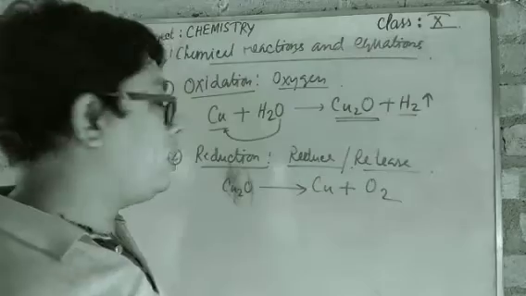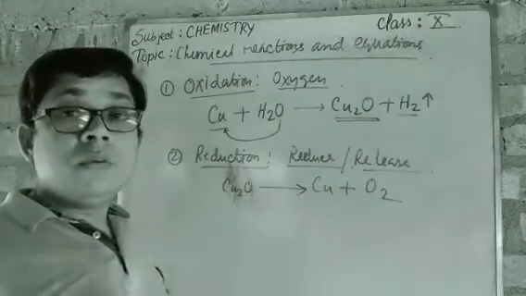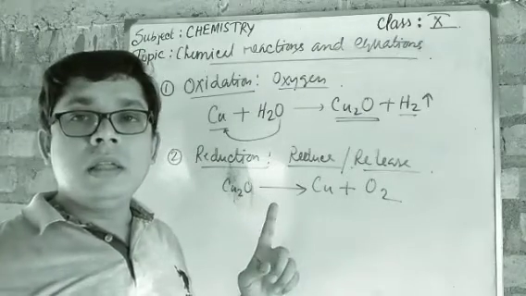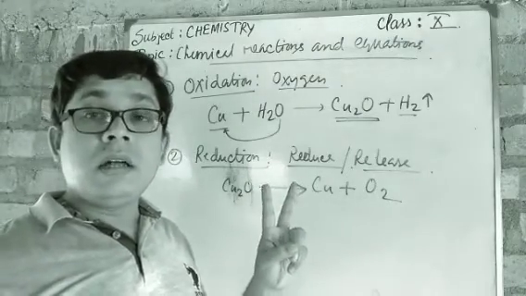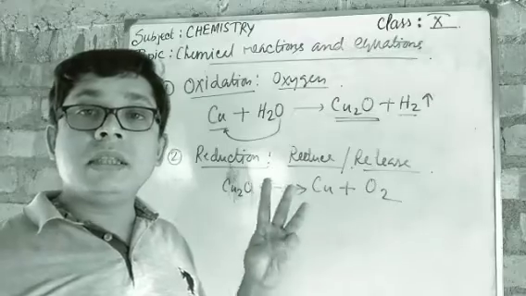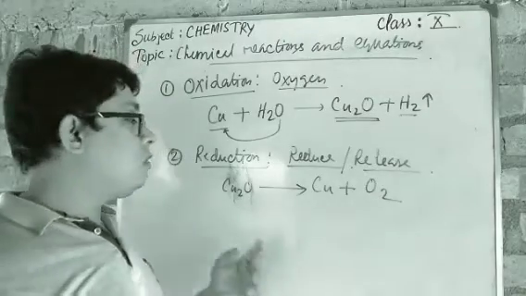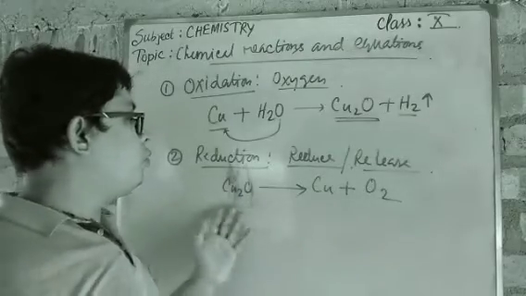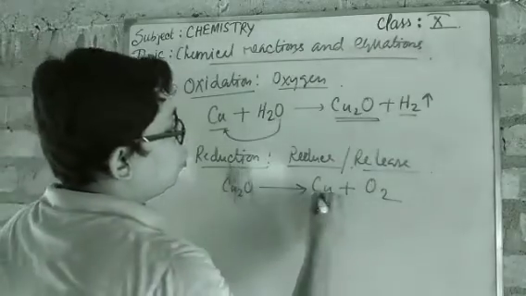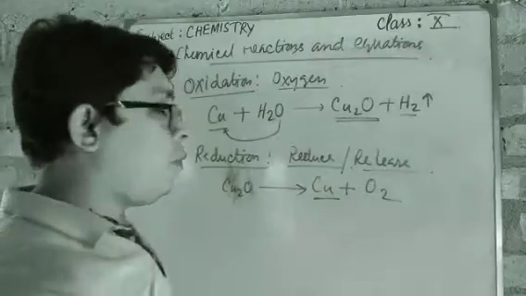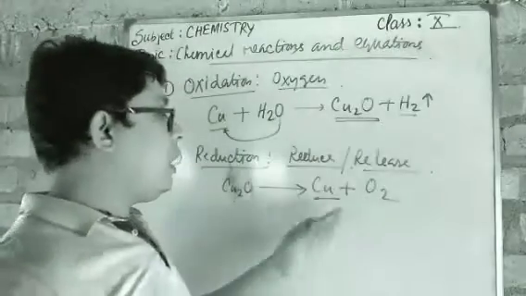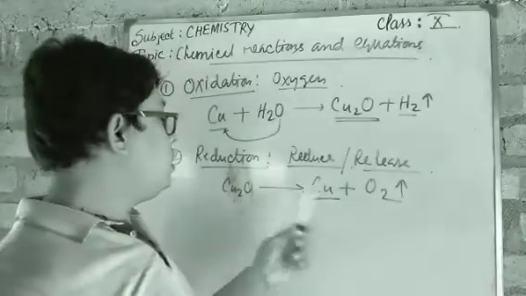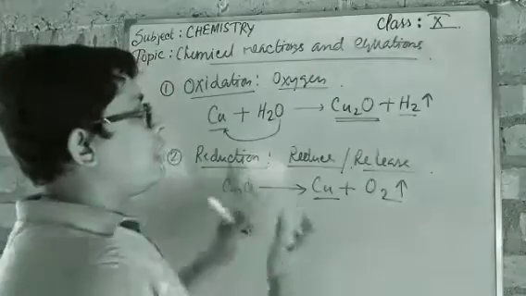If we go through the decomposition process, we know that we have already read three types of decomposition: thermal, electrical, and photolytic, right? Suppose through thermal decomposition, copper will remain as a precipitate, and oxygen will go out as gas. Got it? So in this way cupric oxide